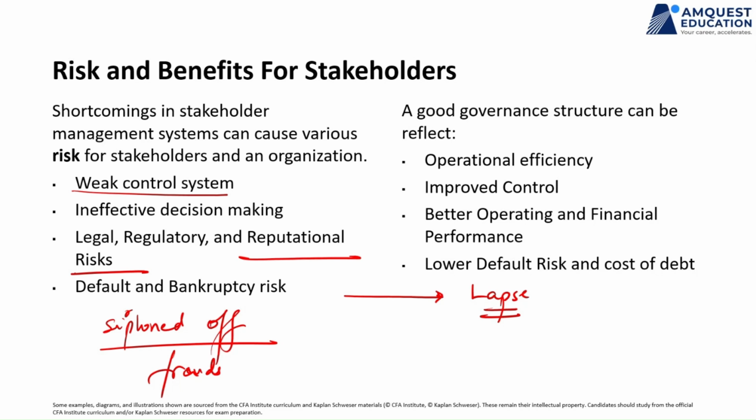Before even people get into the depth of the issue, option number one that every shareholder will do, they'll sell the shares. In equity market, there's a very simple saying. You sell first and then you think what needs to be done next. Because if you think, by the time you finish thinking, the stock price would collapse 90%. You're too late. So sell first and then think, why did you sell? So this can have a very, very negative impact on reputational risk. And any reputational risk also brings legal and regulatory risk with it.